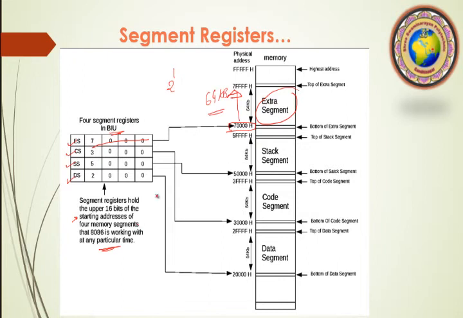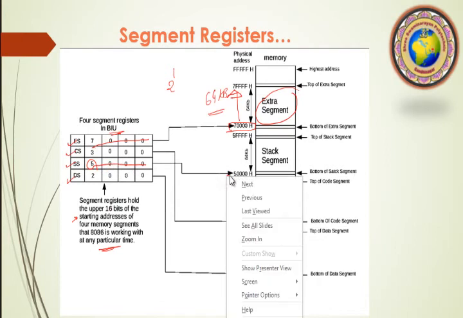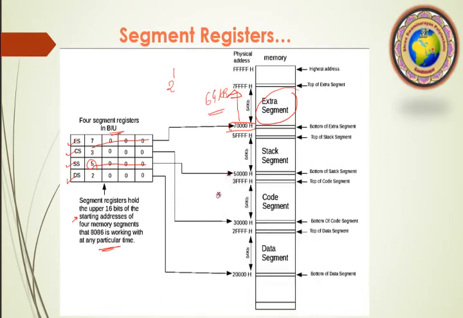So this is a particular 64 KB. In the same way, the stack segment has a base address of 5000. So this is our stack segment, 5000, and in the same way here it is 64 KB. This will be 64 KB, which we have to calculate, and this is 5FFFH. So this is the starting address and this is the end address.